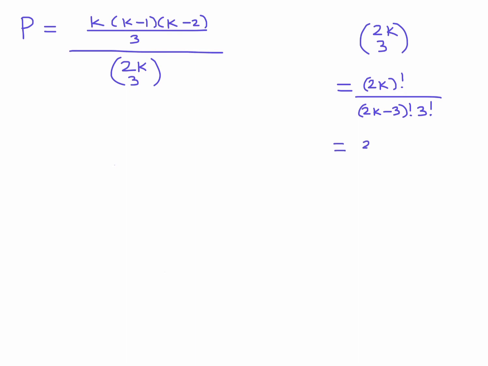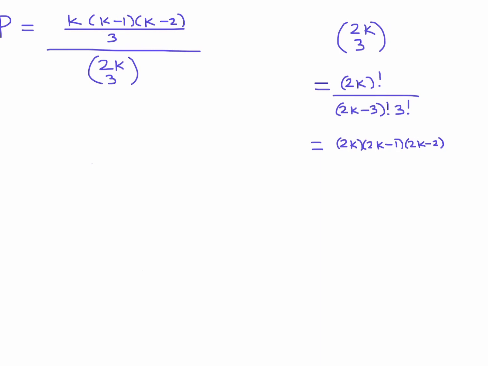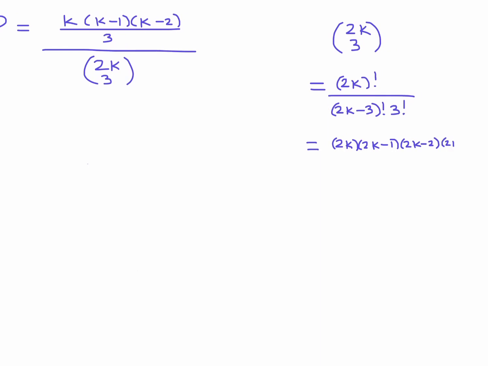And that is basically 2K times 2K minus 1 times 2K minus 2 times 2K minus 3 factorial, like that, all over 2K minus 3 factorial, and then this 3 factorial is just 6. Now when you do it this way, this allows me to cancel those 2K minus 3 factorials, and then